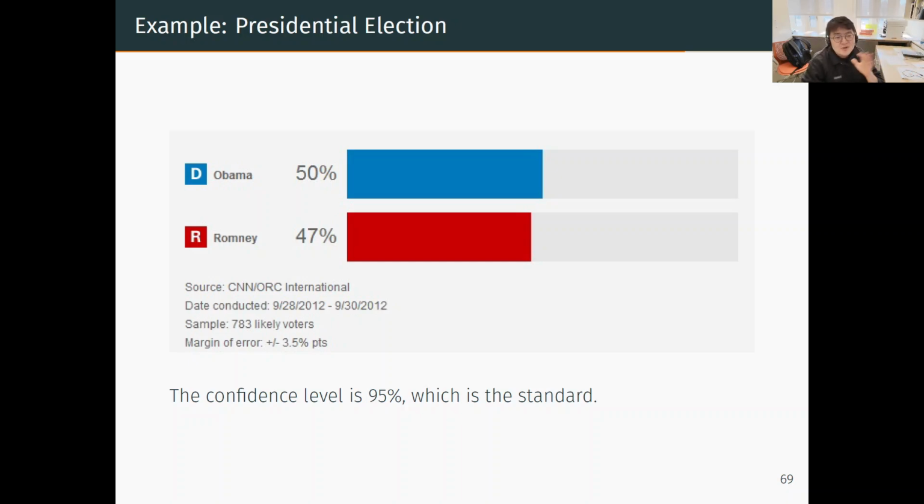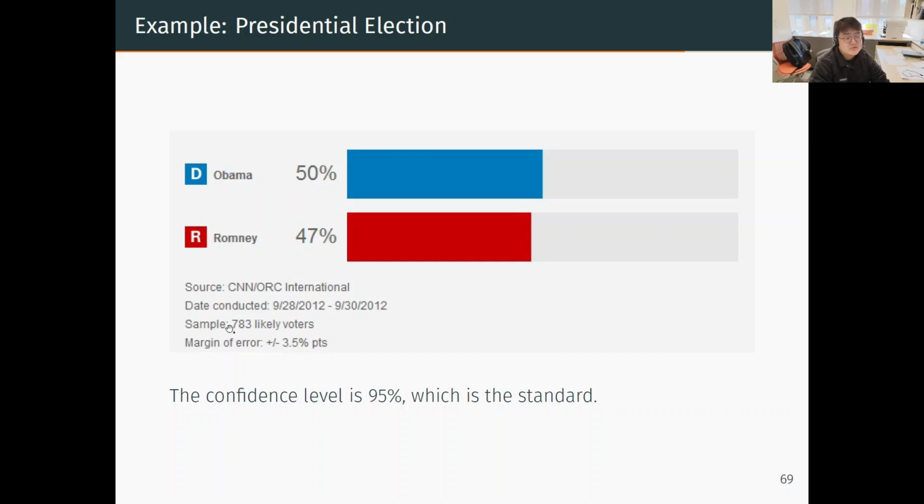So please understand, I tried to update it, but just to be politically safe, and also these days the prediction is not reported in this simple way. That's why I cannot find a clear example like this. So please pardon me. Anyhow, this is from CNN in 2012, and the survey was conducted in September,